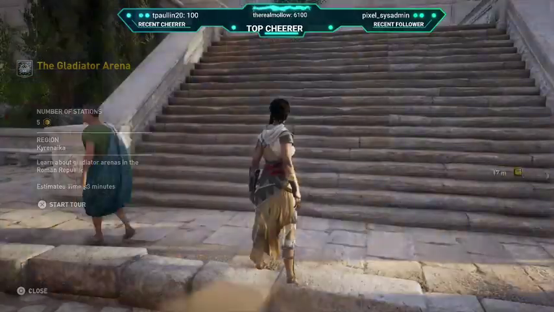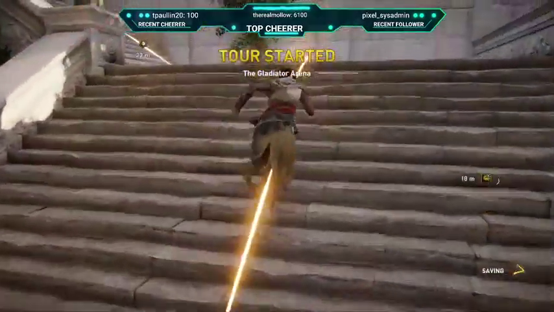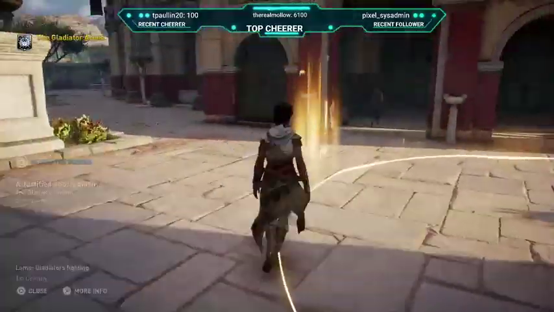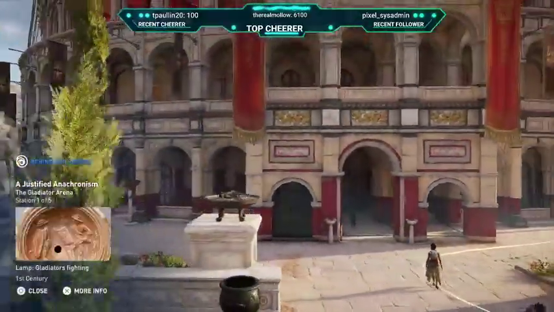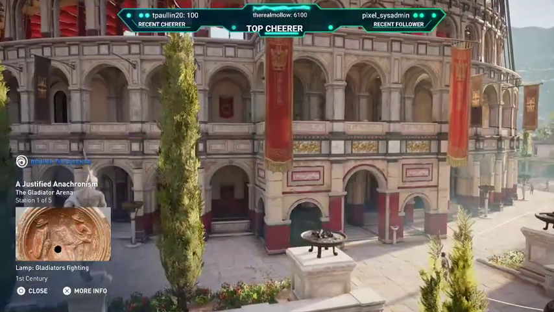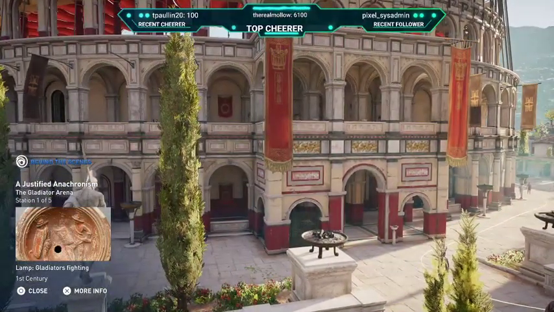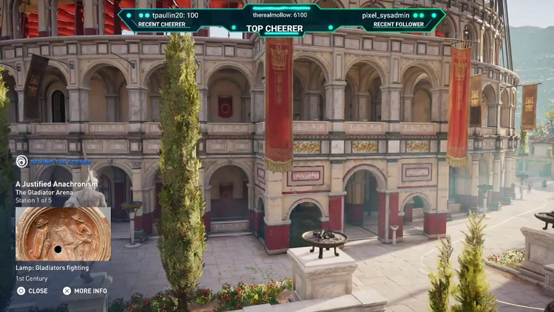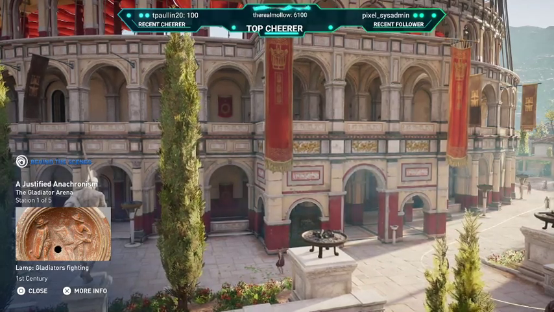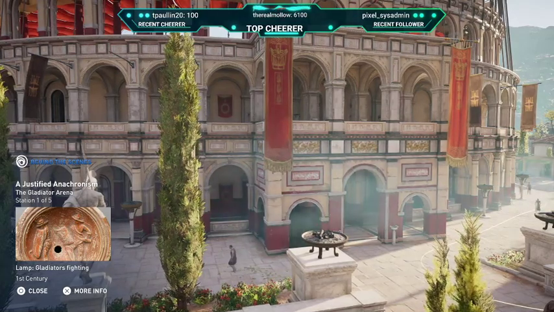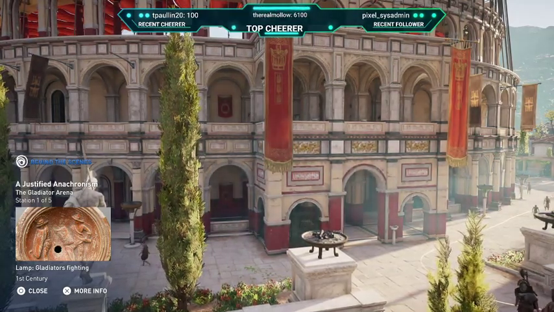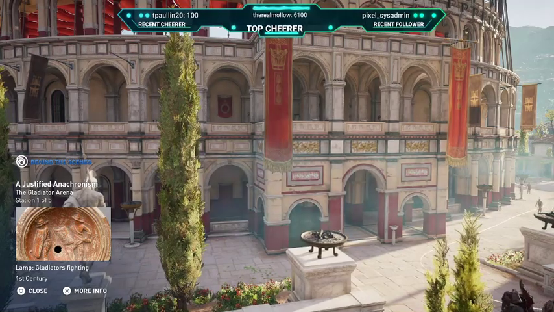Gladiators. Welcome to the Gladiator Arena. While gladiators would not perform in Cyrene until later in the Roman era, the team decided to include a gladiatorial arena for 2 reasons. First, they believed it was important to portray this aspect of Roman life. And second, they felt it would add interesting gameplay possibilities.